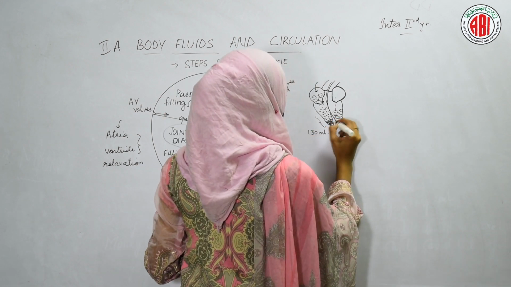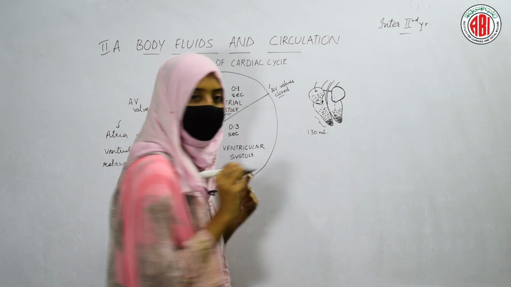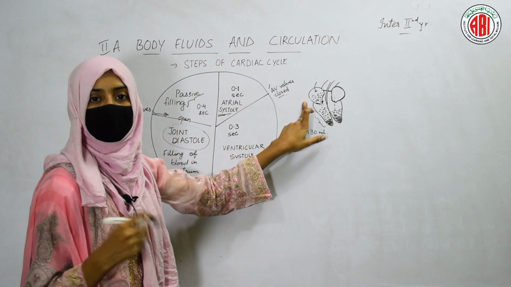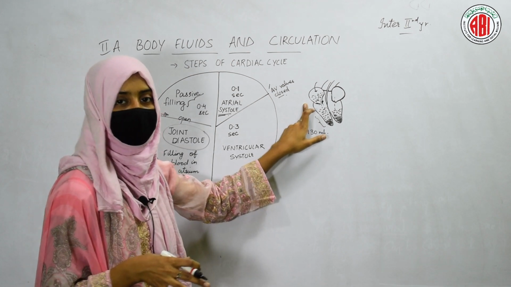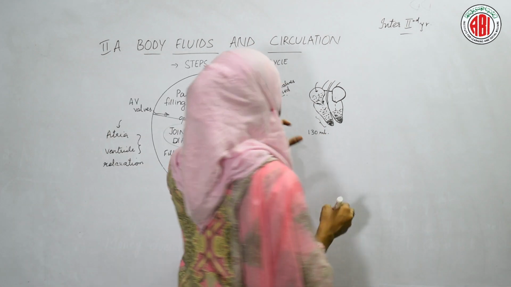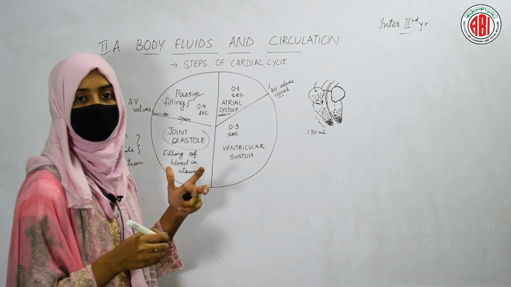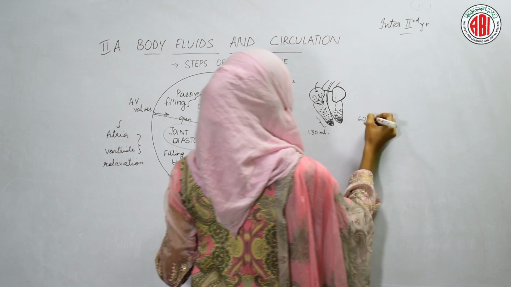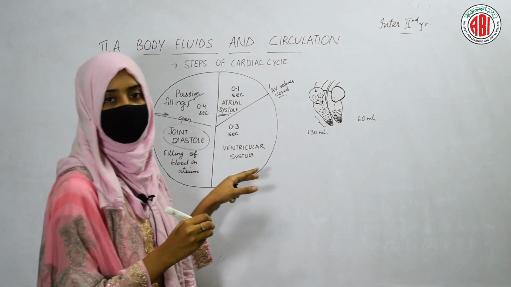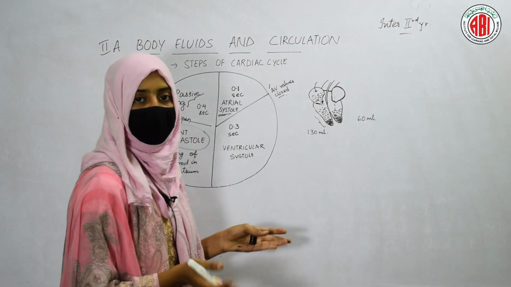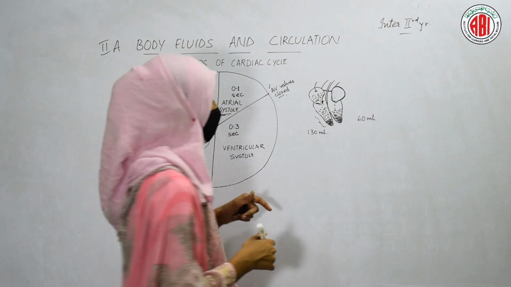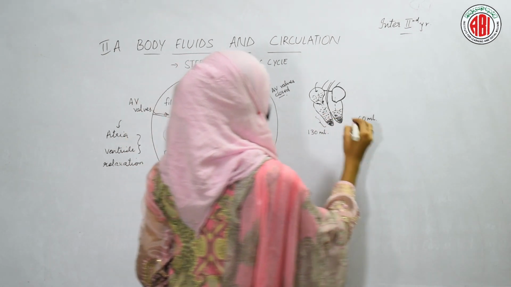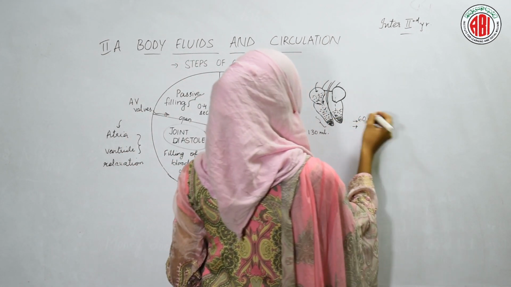Some amount of blood in the ventricles is present always. It doesn't receive that blood from the atrium. The volume of blood that is always found in our ventricles is 60 ml. So 60 ml of the blood is always there in the ventricle. It doesn't go anywhere and it doesn't come from our atrium. So this is a constant amount. 60 ml is a constant volume that is present in our ventricles.